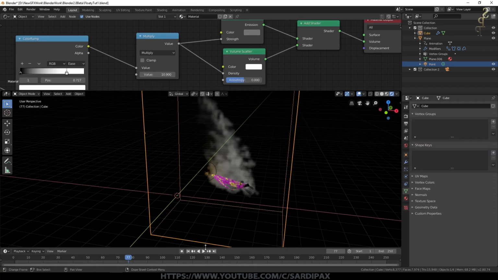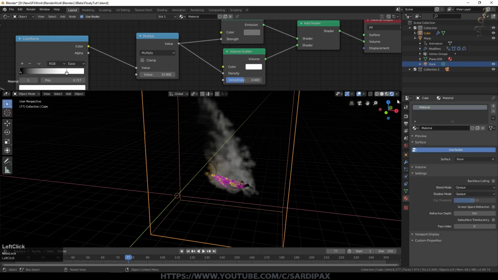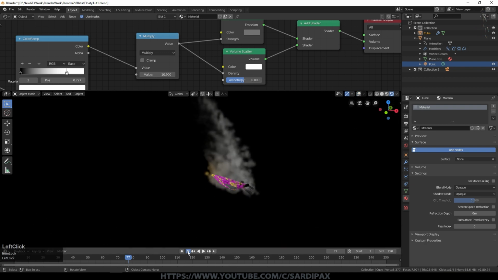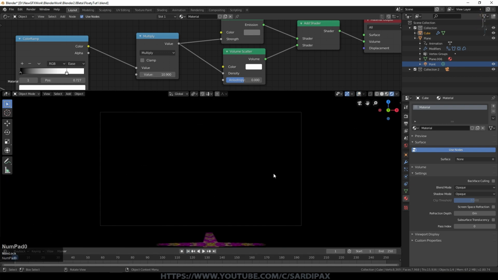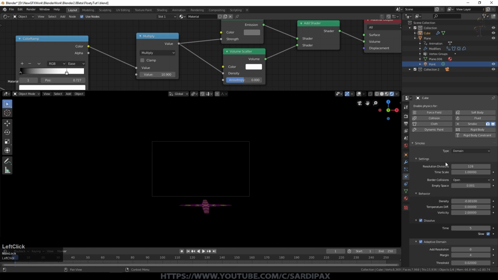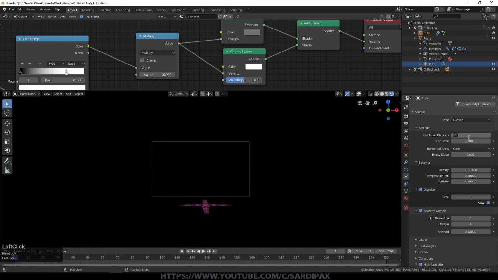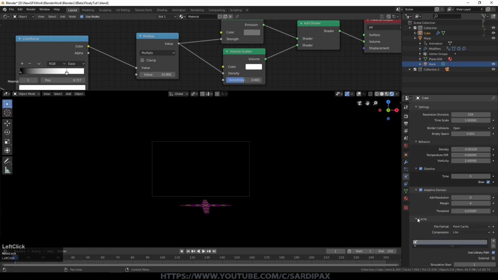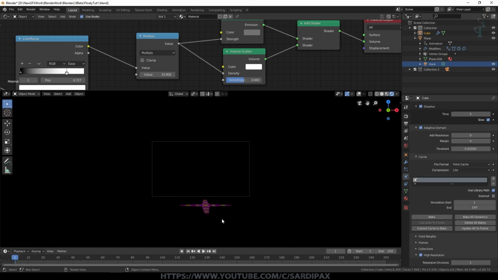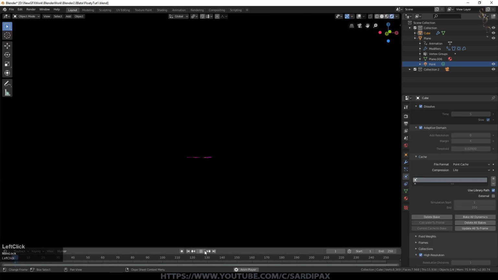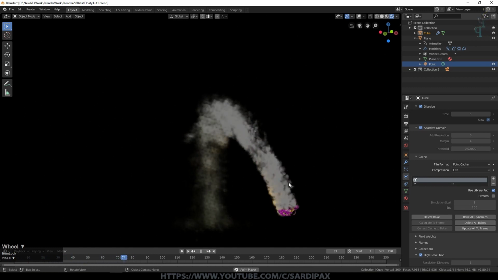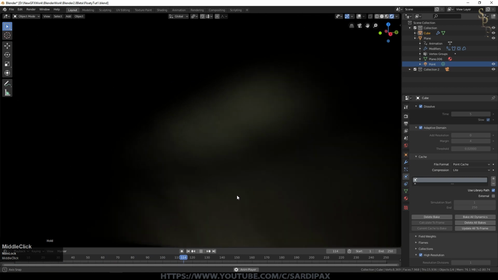So I used an actual resolution for my smoke of 256. So I'll just give that a quick go and we'll see what that looks like. I'll turn off the overlay, go back to the beginning, look through the camera for the time being, and we'll set the domain to 256 and we'll just bake that. So I'll stop the recording while I do that. So we can see what that's doing now. We've got a good bit of smoke coming around.